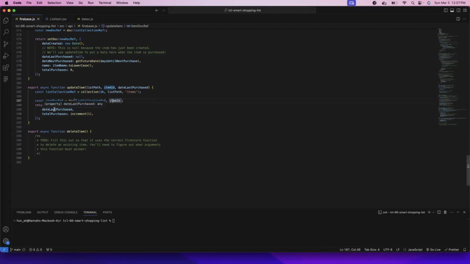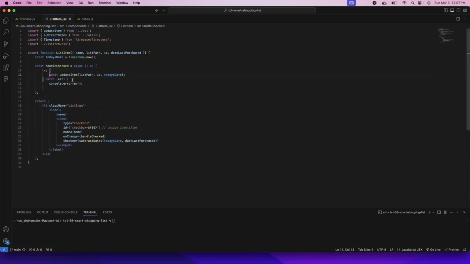Thanks. And then this function is calling the update doc function from Firebase. We're passing it the item reference. And these are the updates that we're making. So the date last purchased, which Stephanie was just showing you guys in Firebase, and then we're incrementing total purchases by 1, and this is another Firebase method as well. So that's the function. This is being called inside of handle checked inside of our list item component. And this handle checked function is being called on change of the input itself. So we have the input with its corresponding label. Handle checked will call update item, which makes the call to update the item in Firebase. And then